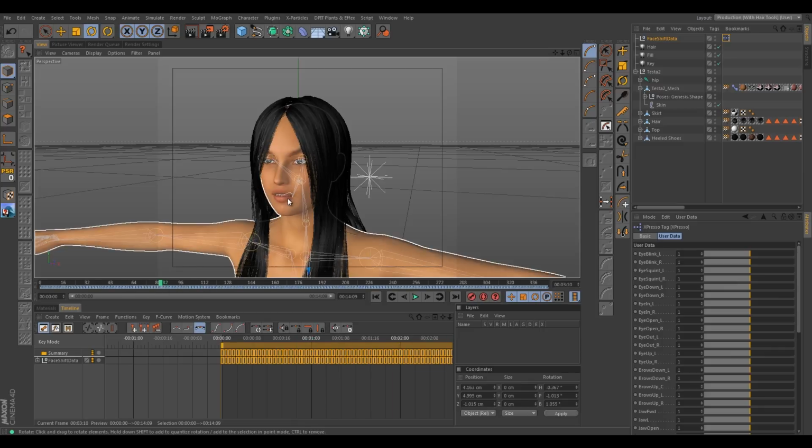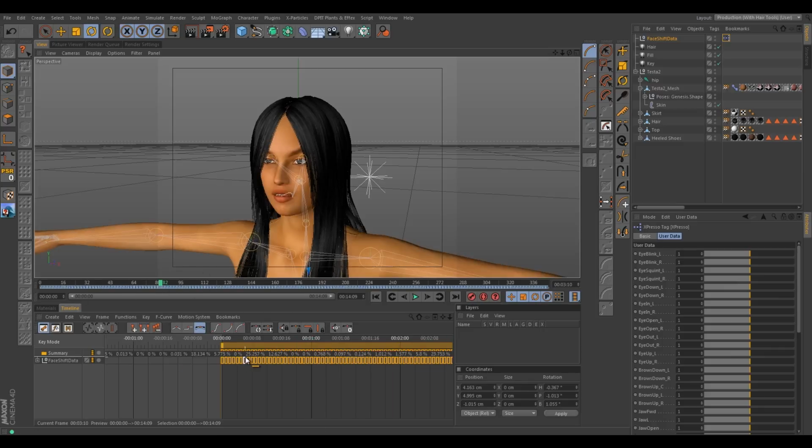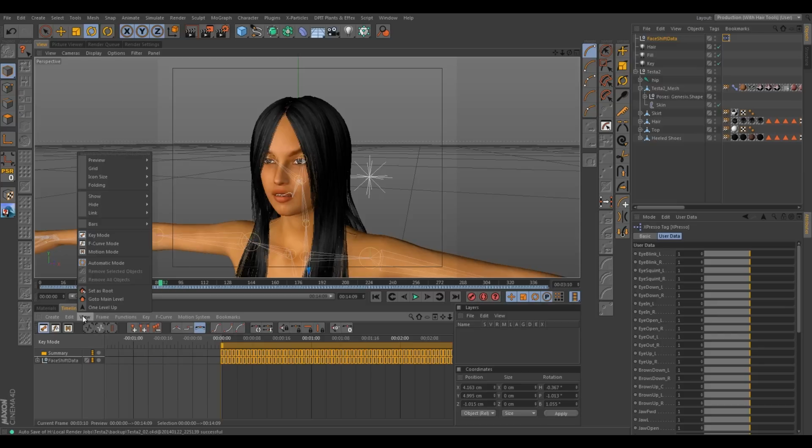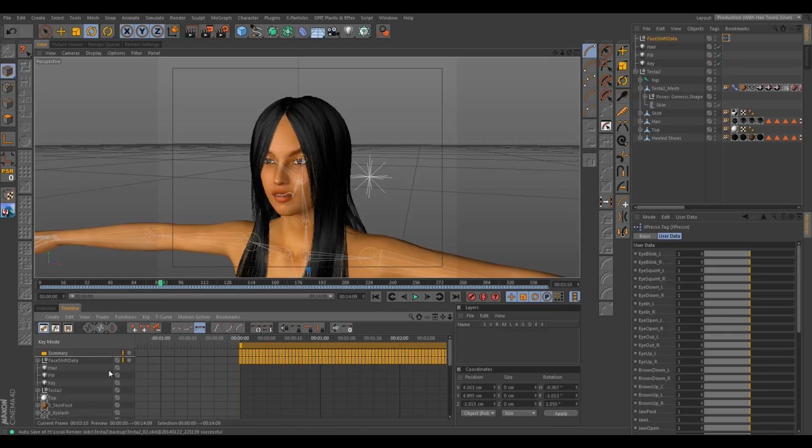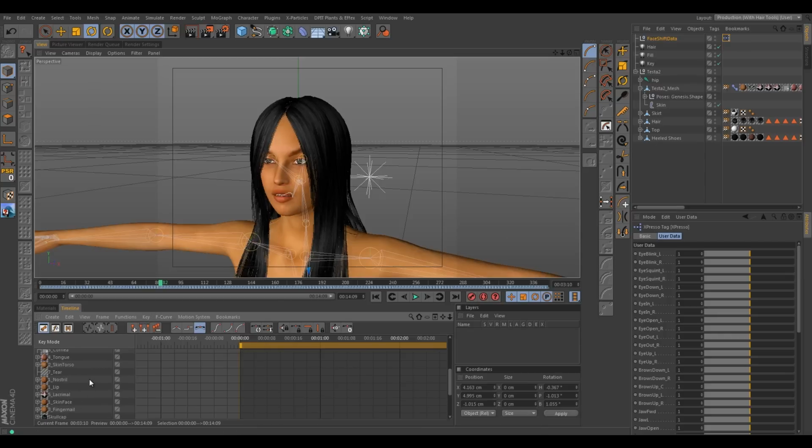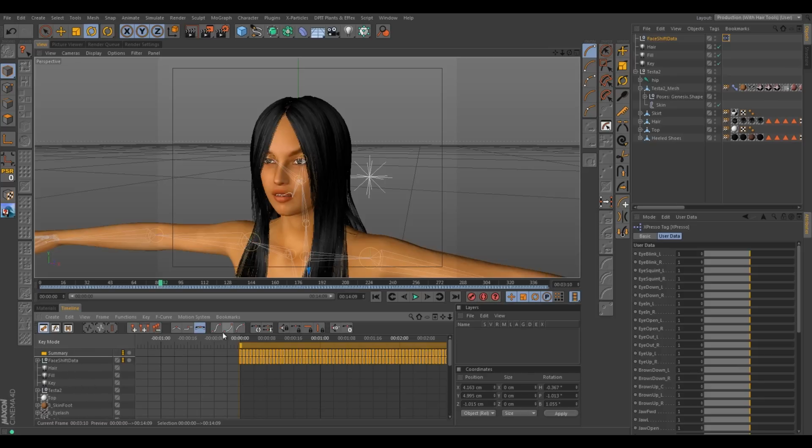And that's pretty much it. There are a few other things we can do. So we can come in and go to our view here, and we can actually show all of the animation nodes. If we turn off Show Animated, it'll actually show an animation track for every single object that we have in our scene. This way we can see unanimated objects, and we can manipulate them.